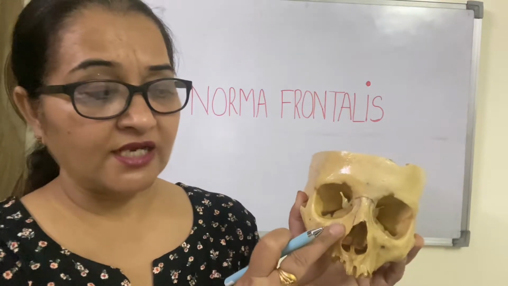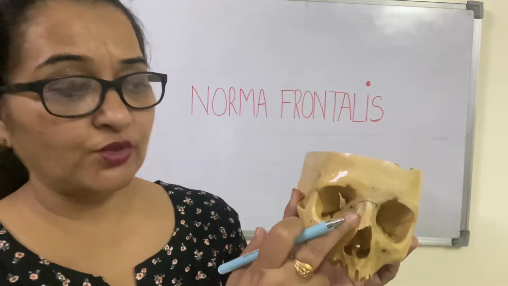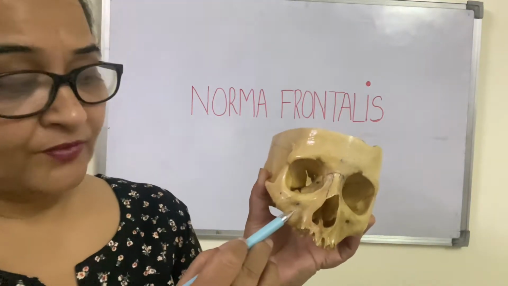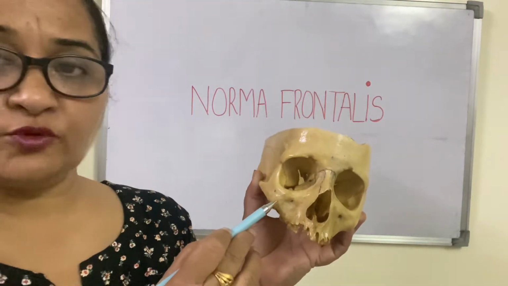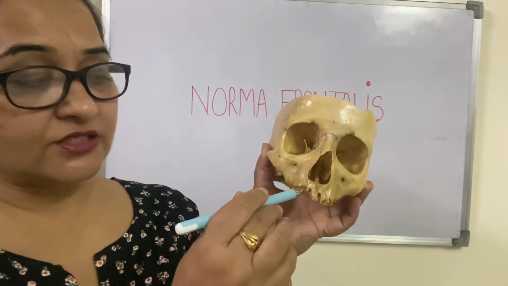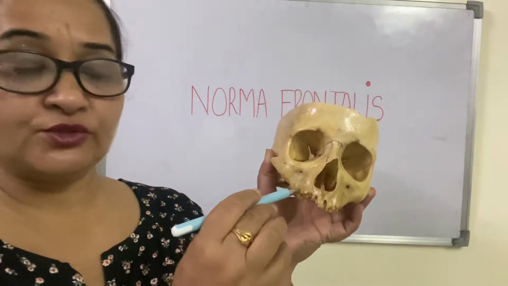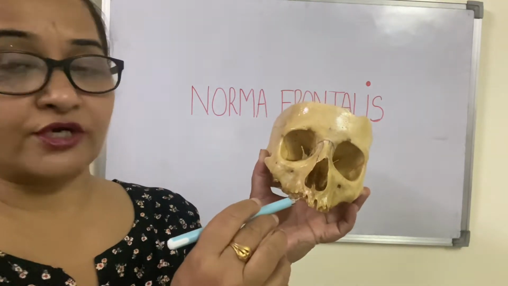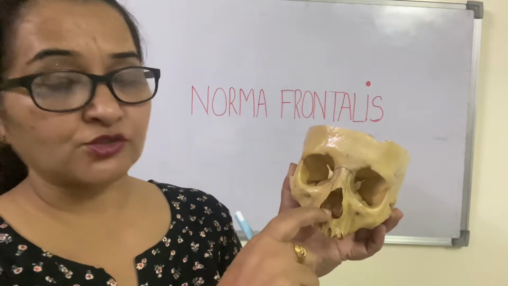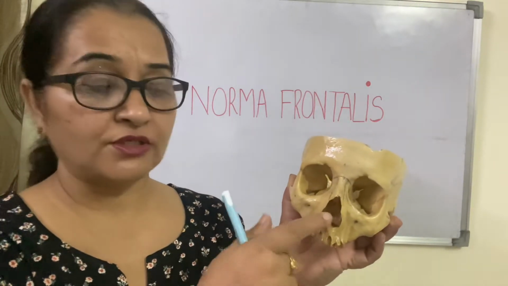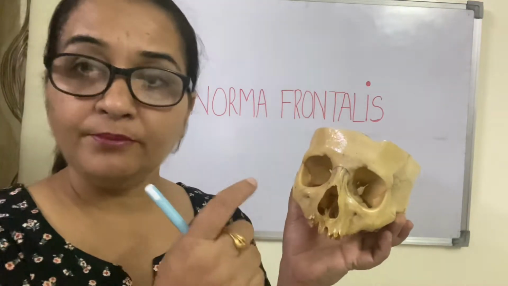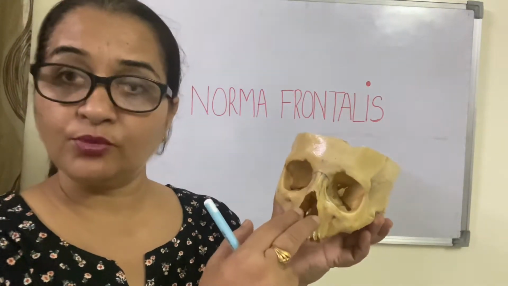Now coming to this maxilla portion. This maxilla has different processes. One process is going towards the frontal bone, which is known as the frontal process of the maxilla. One is going towards the zygomatic bone, which is known as the zygomatic process of the maxilla. And third is this alveolar process. This alveolar process bears the sockets for the different teeth. And the medial margin of this maxilla contributes to the nasal notch. So this nasal notch is basically formed by the maxillae on both sides.